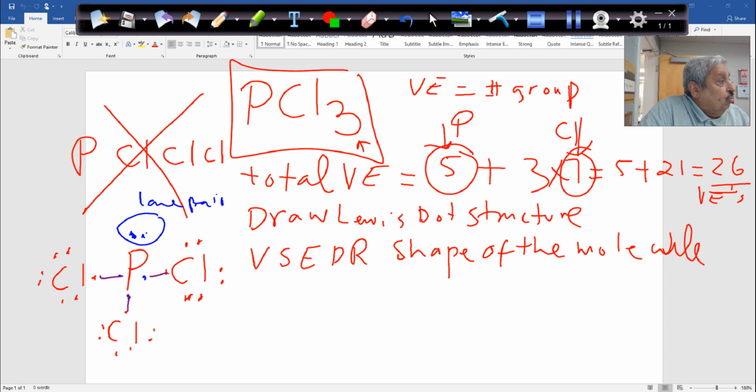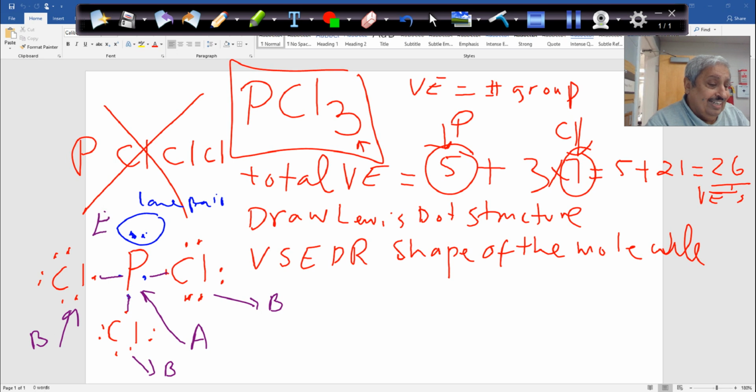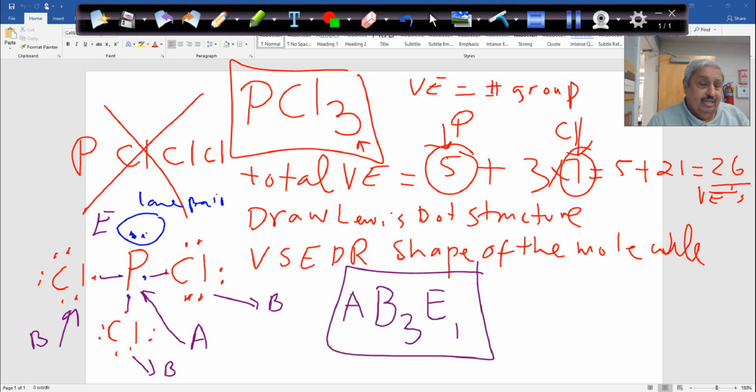Correct? Now, what is the shape of this molecule? Well, this is my A, the central atom. This is B, terminal. This is B, terminal. This is B, terminal. And this is E, the lone pair. So this is AB3E1, 1 lone pair set. You have to memorize that table I gave you, about 5 rules there. So if I have AB3E1, correct? That will be what? Trigonal